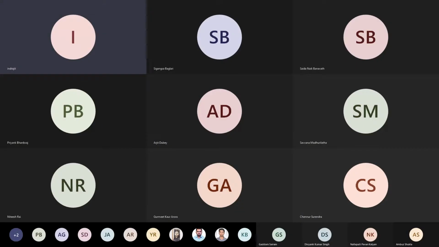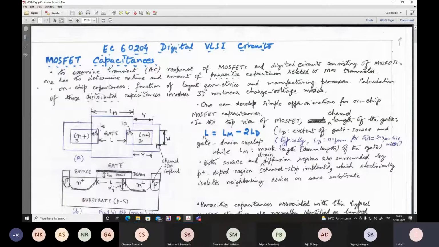So here today we'll discuss the basics of the MOSFET capacitances and how to estimate them. So far, what we have seen is the current-voltage characteristics related to the steady state or DC characteristics of devices. Now, if you have to reason about the AC or transient characteristics of the devices, we need to have an in-depth estimate of the device related capacitances.